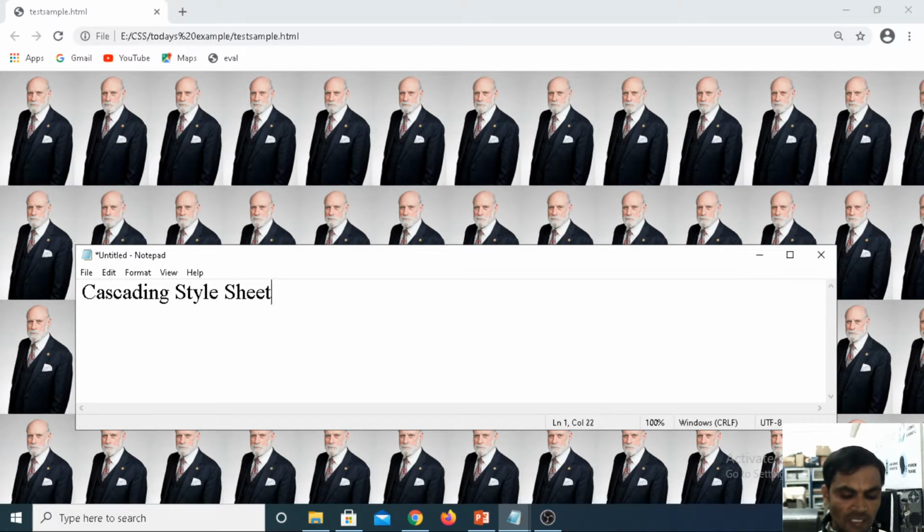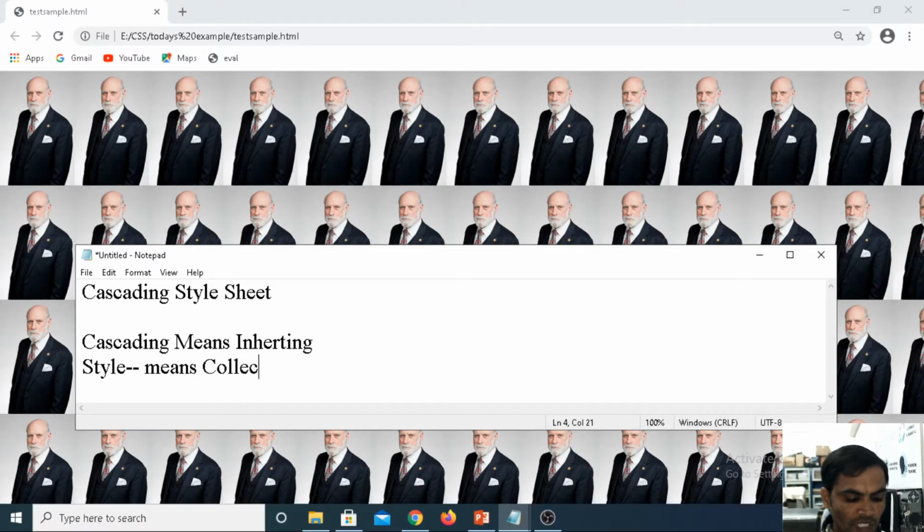Style means it can consist of a collection of properties. So many properties will be there under the cascading style sheet.